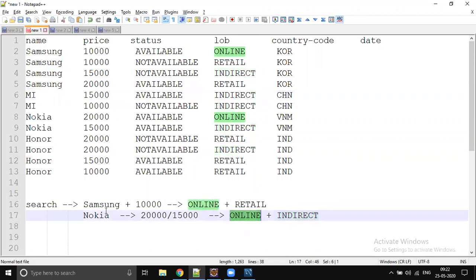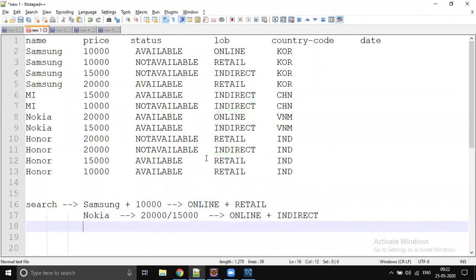So that is what it is. So for example, Nokia. In our area, or in our country, we don't have a retail store. Either you can place an online order or some third party is selling. If you would like to buy, you can go ahead and buy, right? And sometimes we will implement some kind of search criteria, where the customer wants a mobile which costs 10,000, and he wants to place an online order. He doesn't want to go to any retail store or any third party store. He wants to place an online order. Then we will give multiple records, right?